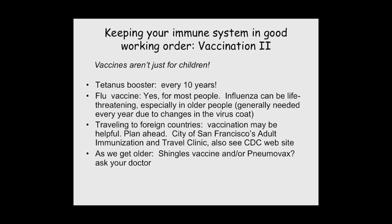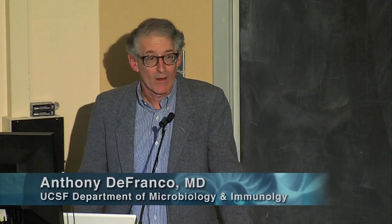It never went away completely. And you can get a very painful condition called shingles. This vaccine's been shown to ameliorate that greatly. And there's another one called Pneumovax, and that's against that Streptococcus pneumoniae that I said that you had. It's got 23 different cousins stuck in that vaccine, and it protects really quite well. So again, ask your doctor, but if you're 60 and older, you might want to consider these